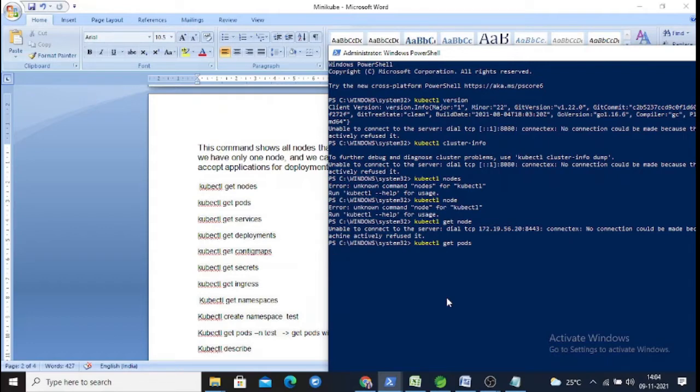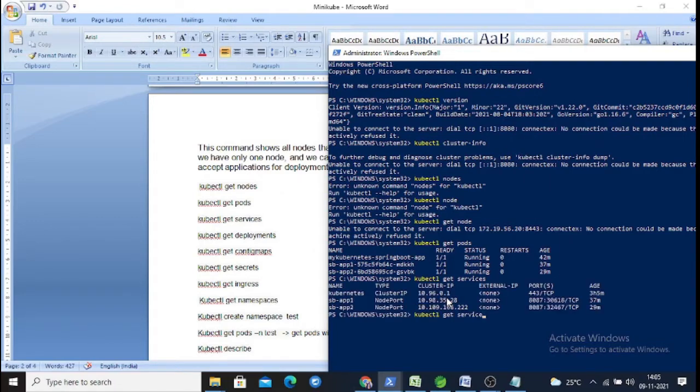Get pods, get services. Services are objects associated with your pod, and a group of pods related to one particular context can be maintained as a service. Services can be displayed using kubectl get services. At the same time, when you deploy a pod on the cluster, you will be creating it with a deployment. So if you want to check what services are available, you can use kubectl get services, kubectl get deployments, and similarly config maps. This is all you can practice with.